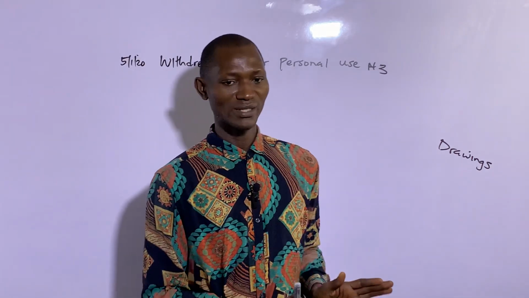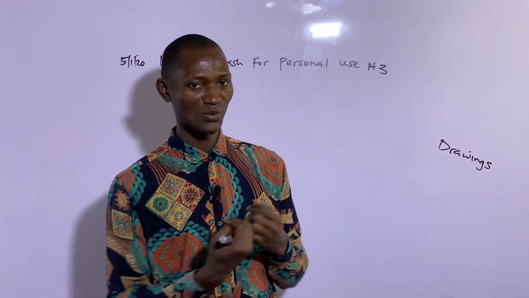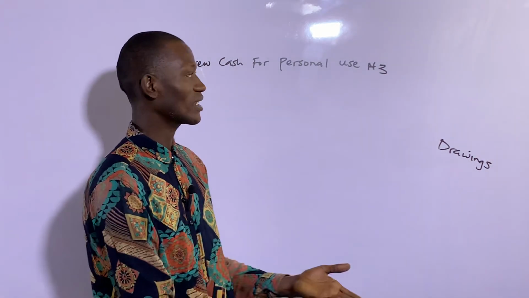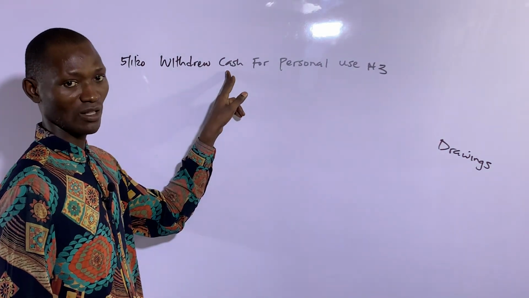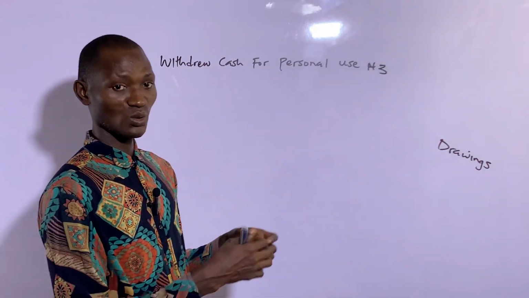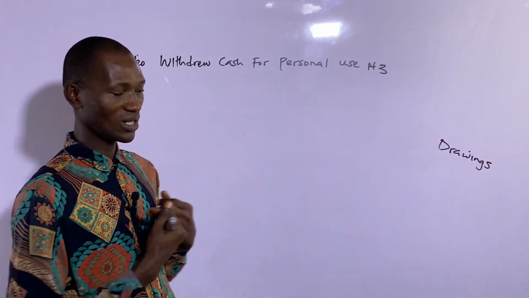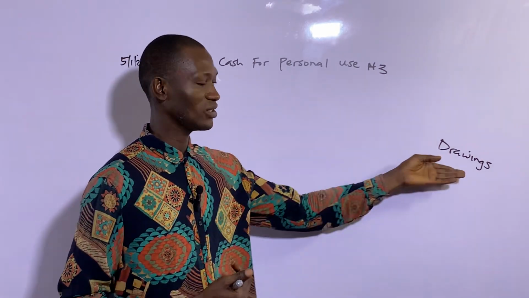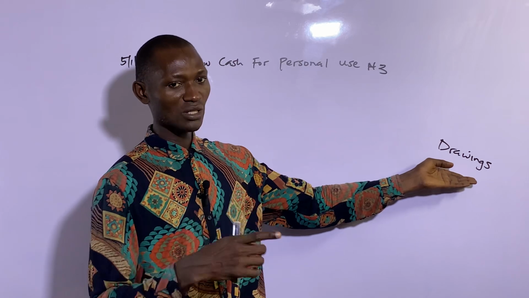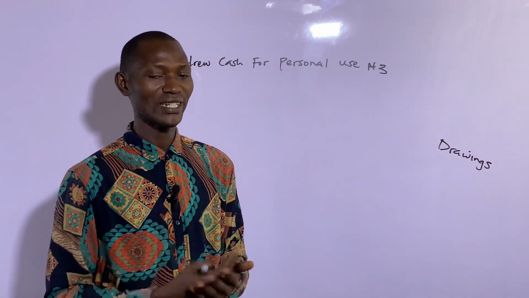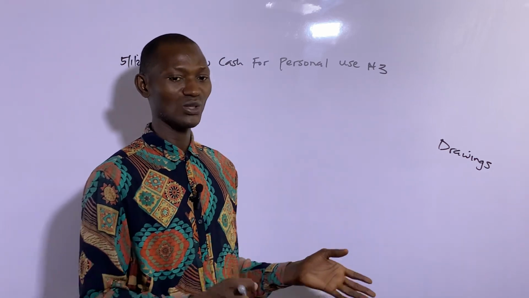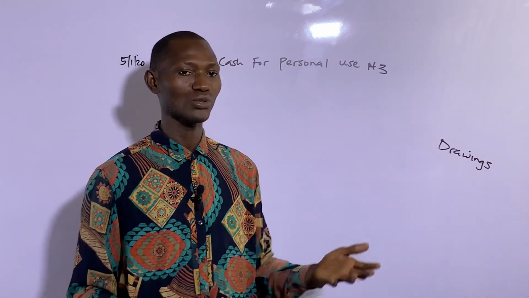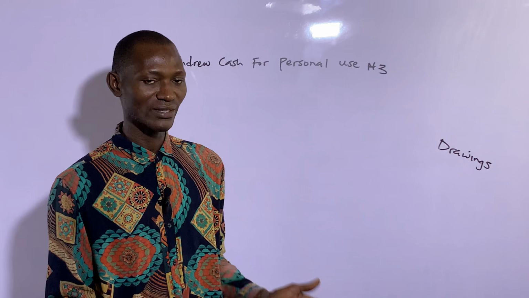That is drawings account. So drawings account is receiving that money. Then who is giving that to drawings account? It's cash. The owner of the business withdraws cash from the business for his own use. So the owner is receiving, and the account that will represent the owner of the business when he or she receives is drawings account. And don't forget, the opposite of drawings is capital account. I said they are both personal accounts, which are used to record whatever the owner takes out of the business, that's drawings account, and whatever the owner puts or contributes into the business, that's capital account.